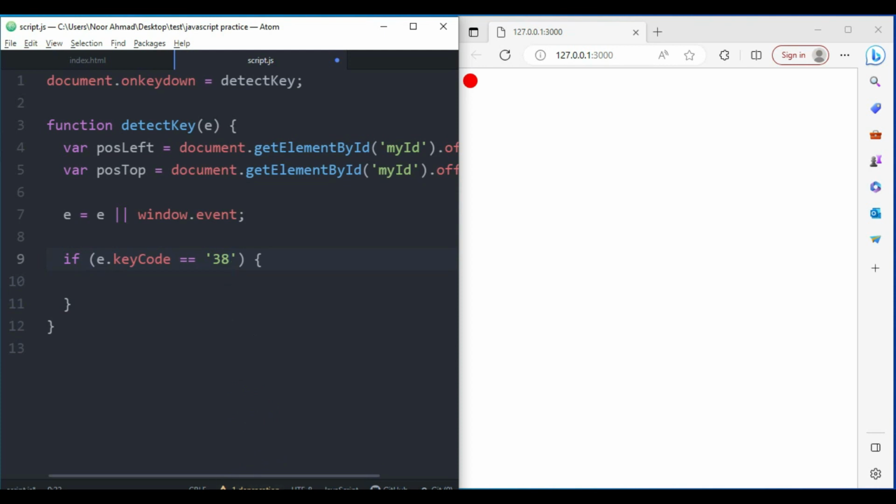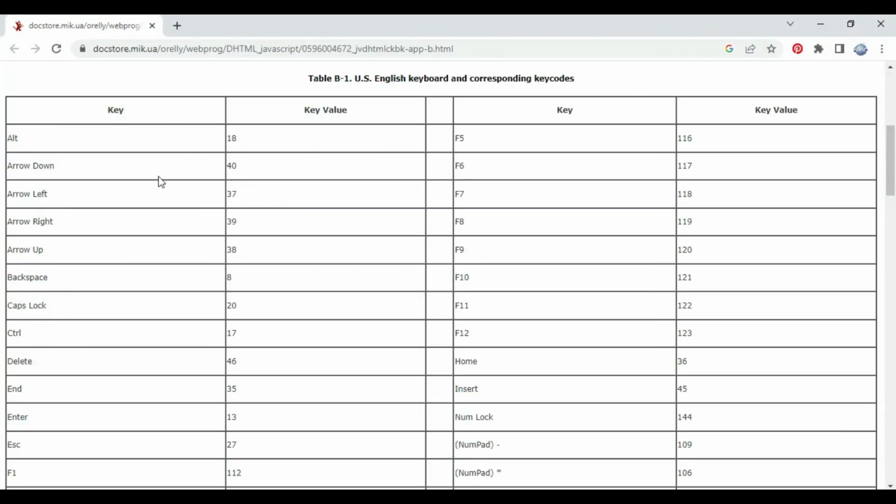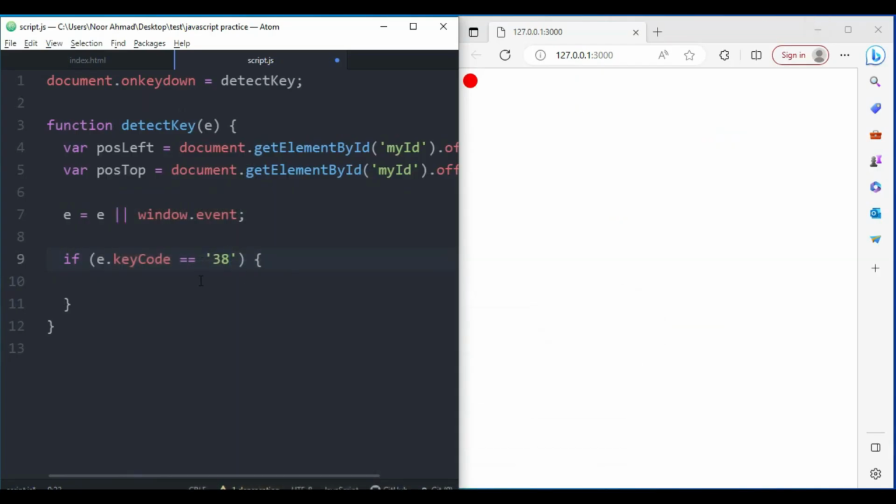So here I have a list of the keyboard key number values. So as you can see, for arrow down we have 40 key value, arrow left 37, arrow right 39, and arrow up is 38. So I'm going to pass 38 so that when the user uses the up arrow, this div element should move. And after that, here I'm going to pass a comment. So this one will be up arrow,